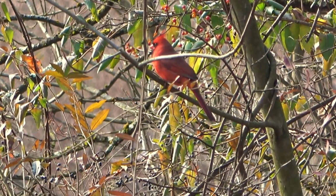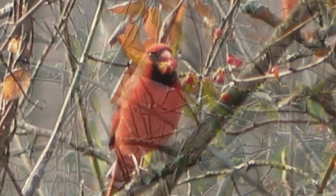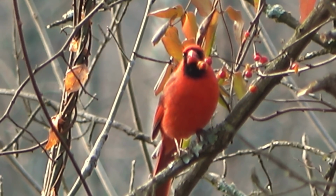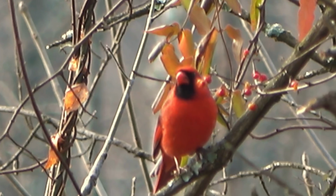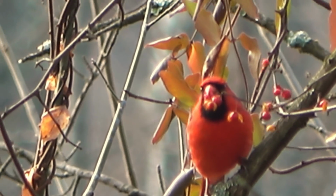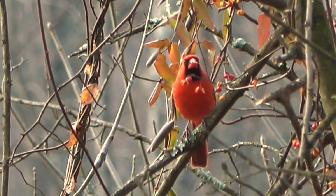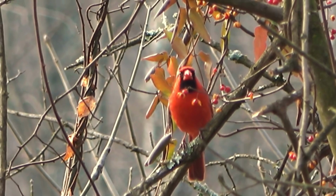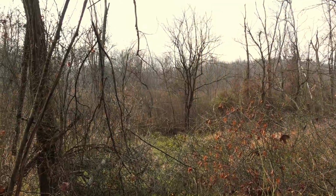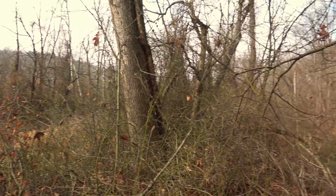You have a cardinal out there. Oh, where'd you go, buddy? There he is. Beautiful bird. Hopefully that's showing up pretty good. Eating those berries out there. Oh, you can fly off. There you go. All right, well that was cool. He was way out there. It's tough to film birds sometimes. They don't sit still, but...